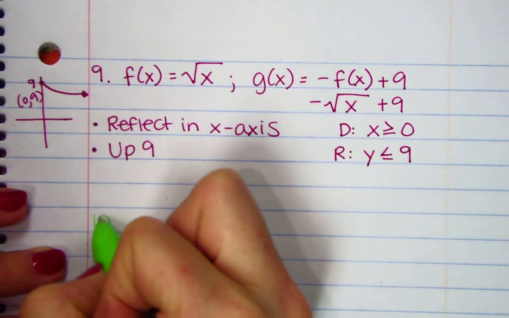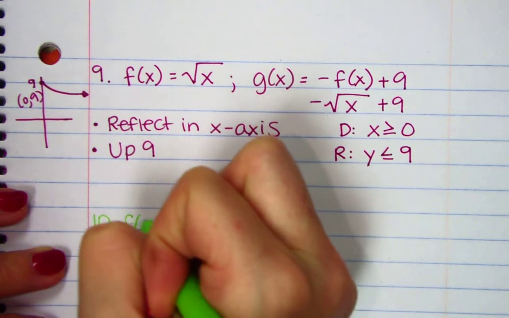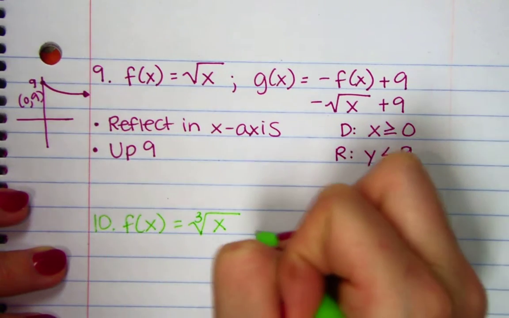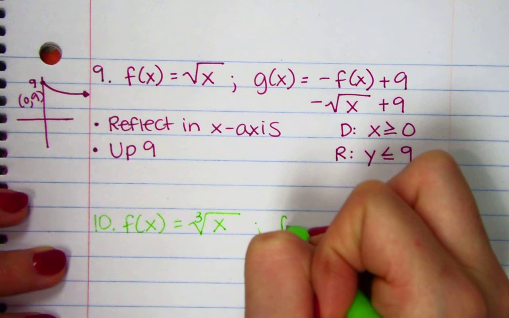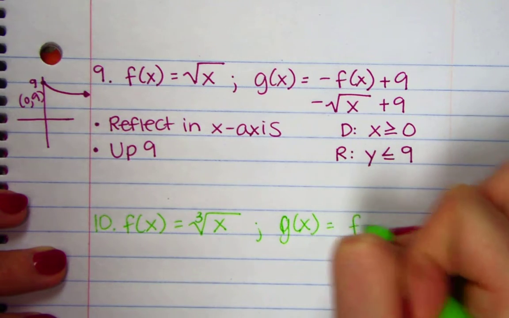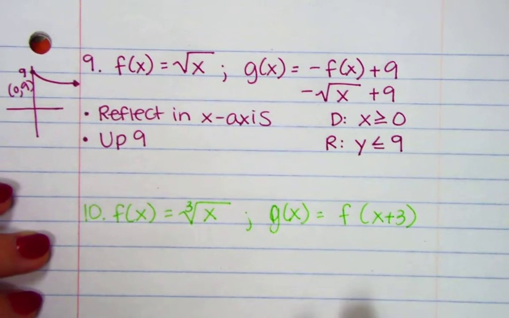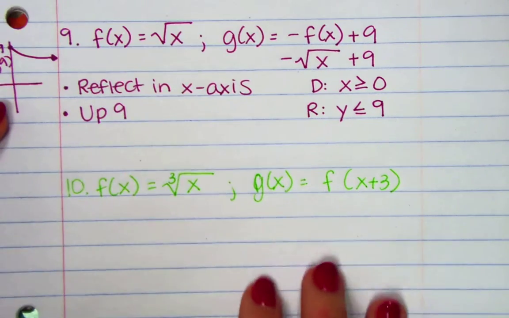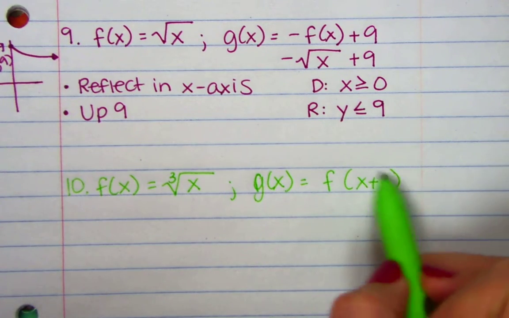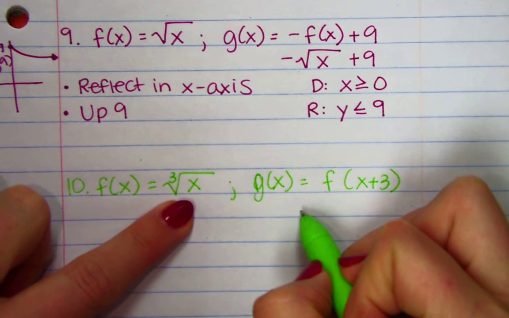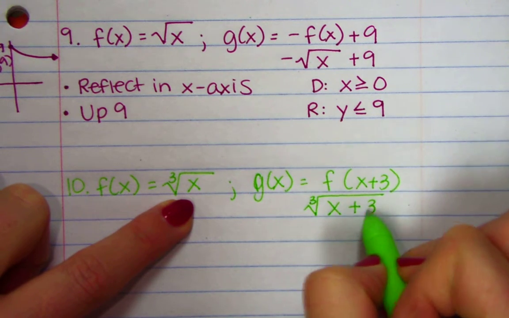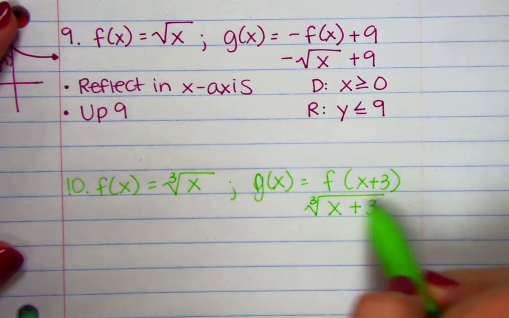Okay, let's do our last one. Cube root of x and, hold on, g of x equals f of x plus 3. Okay. And what that's saying, it's like this. It's showing it in function notation. Okay, but it's just saying inside add 3. Okay, well, we know that this is it, so it's going to be x plus 3. Okay, what it's saying is inside the parentheses means inside